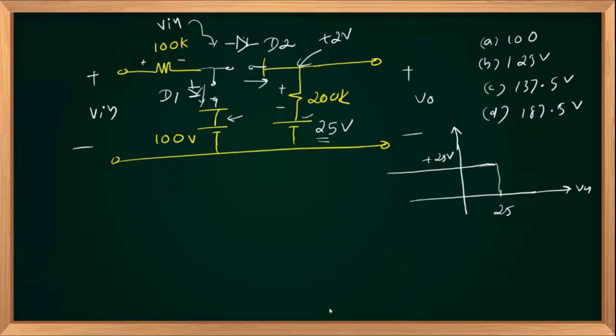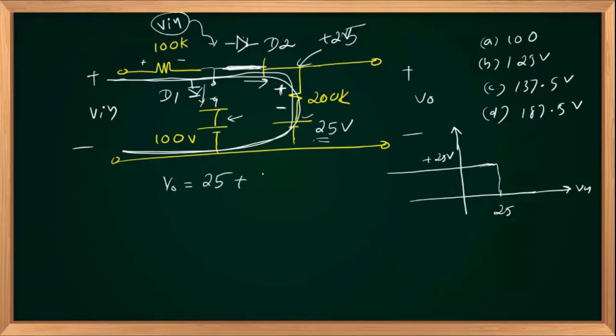Right? So Vin crosses 25, because Vin is appearing at the anode and the cathode is at 25 volts. So Vin crosses 25, D2 turns on. So I can replace it with a short circuit. Now Vin is connected to the output side through this network. As we discussed earlier, at present current is flowing in this direction, so the drop will be plus minus. So V out is nothing but